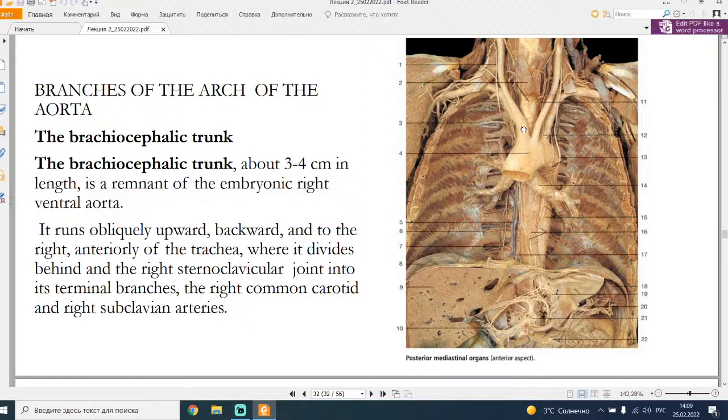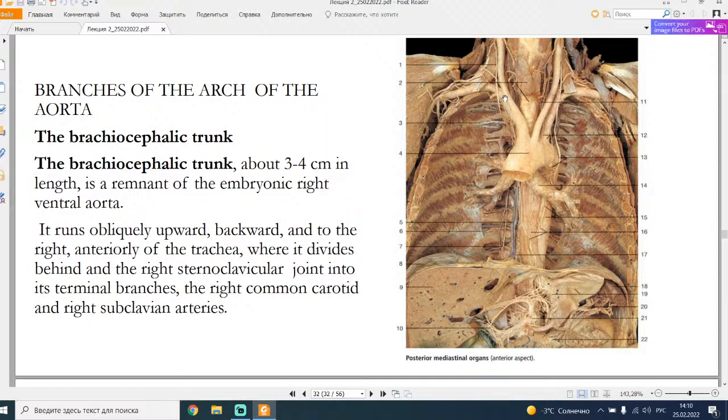It runs obliquely upward and to the right, anterior to the trachea,